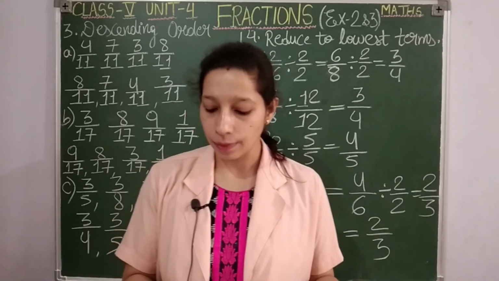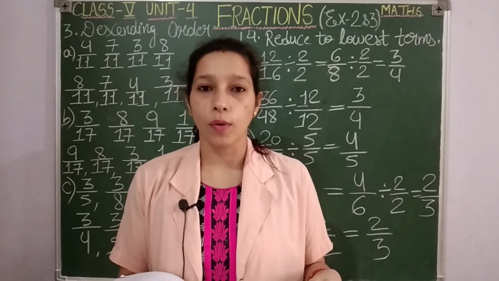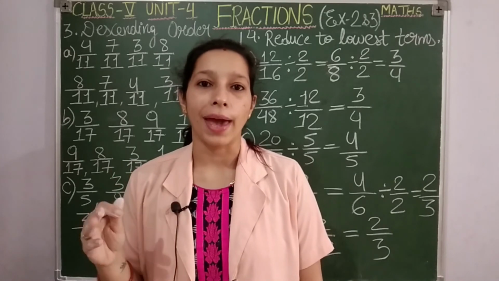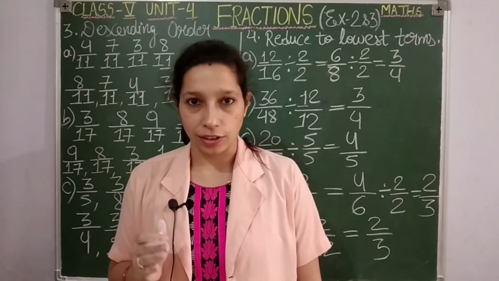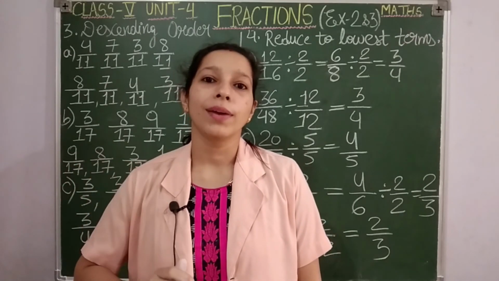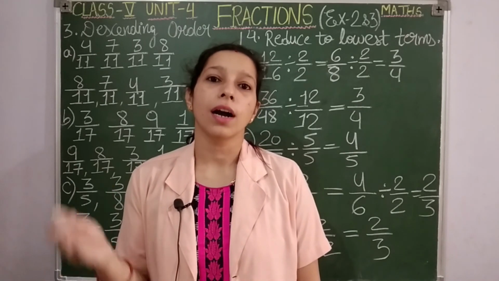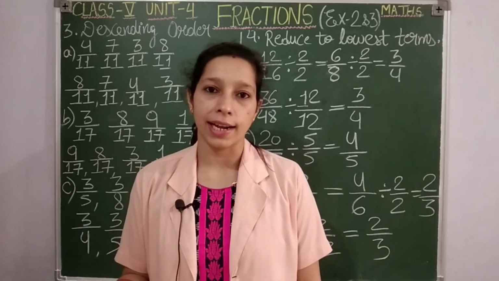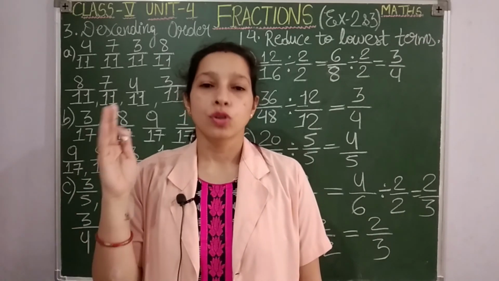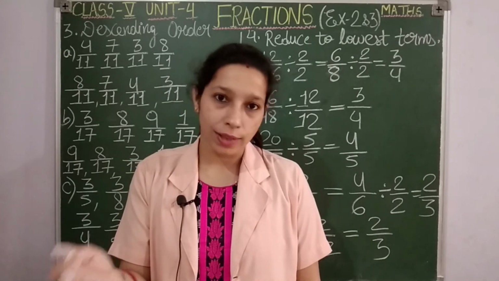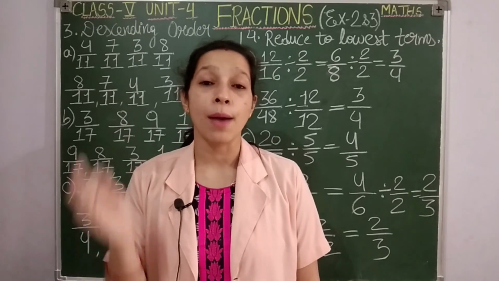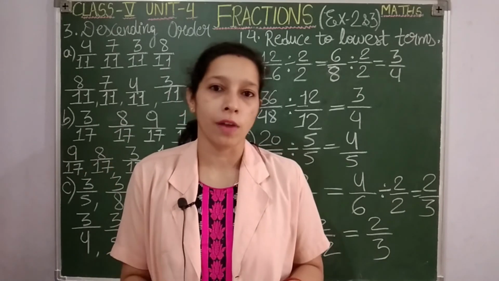Then in the next video we are going to start exercise 4, where again you are going to do comparison, but this time with unlike fractions. And one more important thing: for comparison between unlike fractions, or for arranging unlike fractions in ascending or descending order, we are going to use LCM, the lowest common multiple. If LCM is clear to you, then it's fine. Otherwise, check out the previous videos where I have explained LCM. Learn LCM, then only will you be able to solve our next exercise.